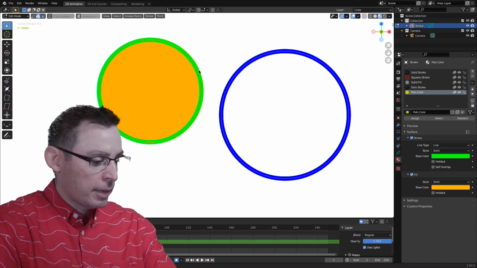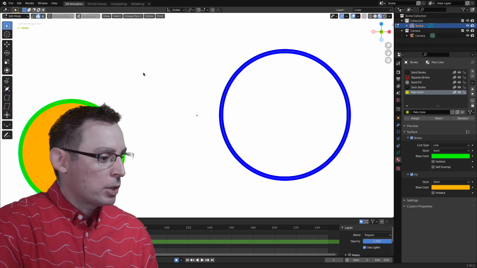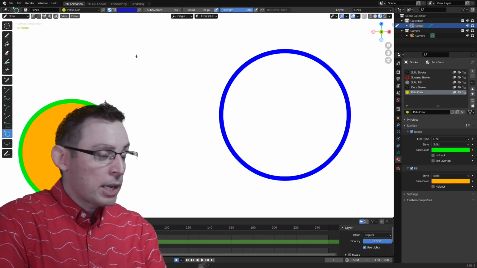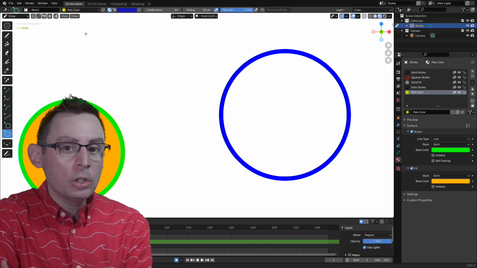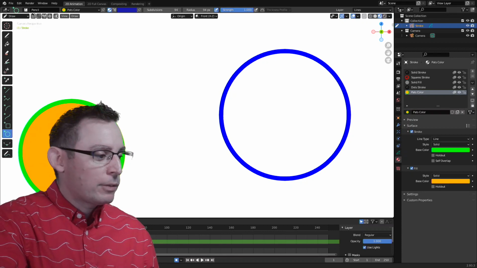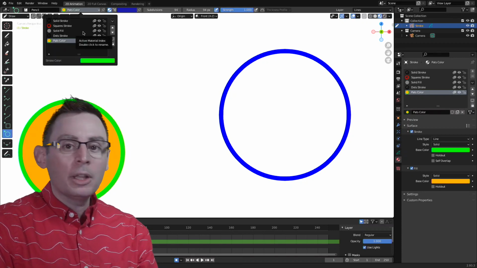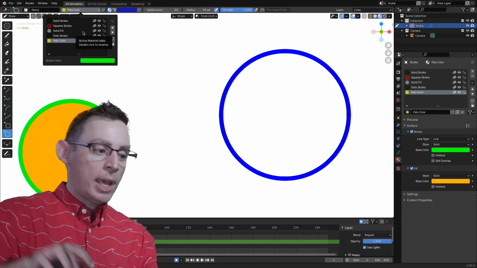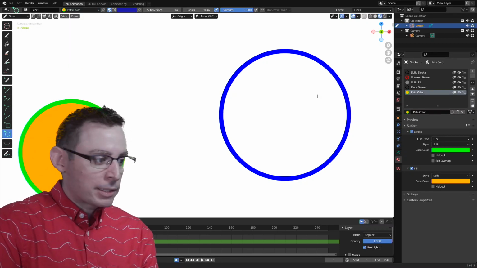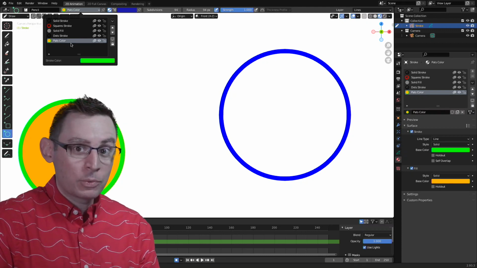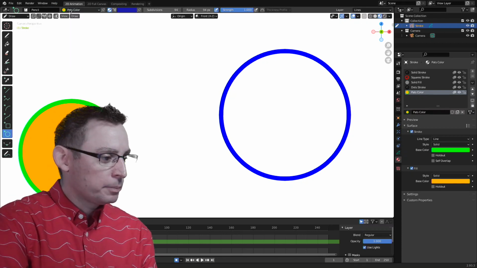I'm going to grab this guy, just tuck it out of the way for the time being, and I want to return to the draw engine once again and create another circle. But this time, I want you to look very, very carefully at this top property bar. Right here is that same library of materials that we were looking at over here on the right-hand side. I can pick and choose a material at creation as well, which is pretty cool.